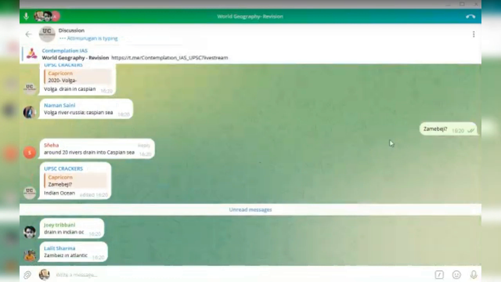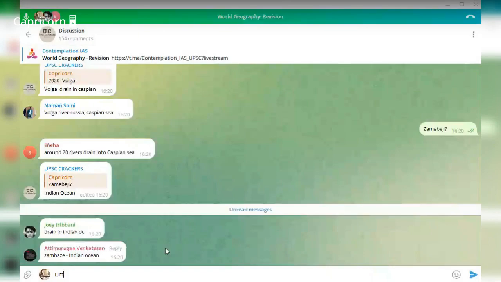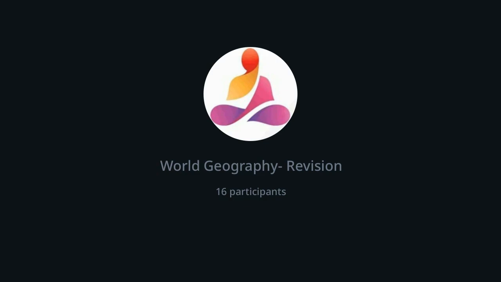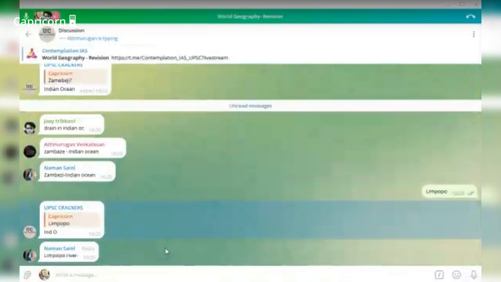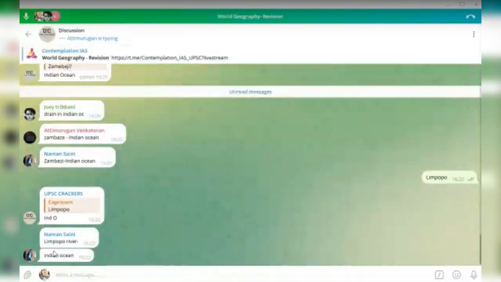Exactly. So Zambezi drains into the Indian Ocean. Okay. And with Zambezi there is one more, Limpopo. So Limpopo again drains into the Indian Ocean. Okay. Since Limpopo is discussed, can anyone tell me that Limpopo is a river